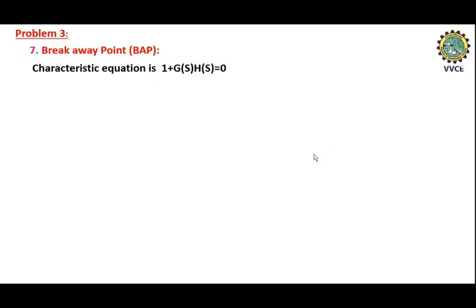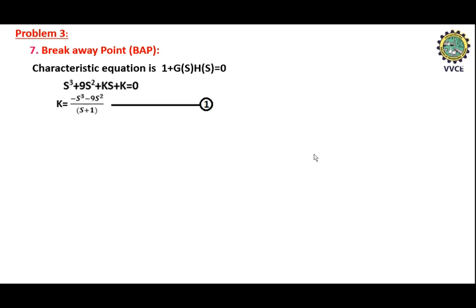First, we need to find the characteristic equation. In the problem itself, they have given the characteristic equation. We can make use of that and separate the K terms here. K equal to (s cube minus 9s square) divided by (s plus 1). So this will be equation number 1. Differentiate this with respect to s.